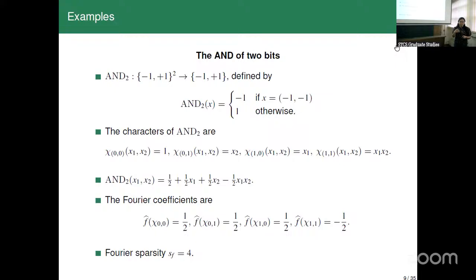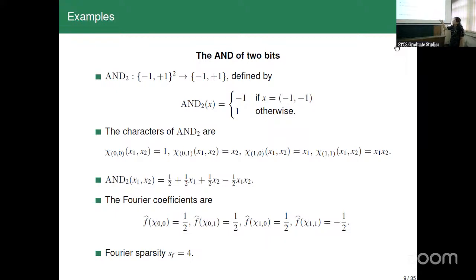So now let's look again at AND of 2 bits. These are the characters of AND: 1, x2, x1, and x1 x2. And this is how AND can be written, as we had seen earlier. And the Fourier coefficients are therefore, f hat of chi 0,0, that is the constant coefficient, that is equal